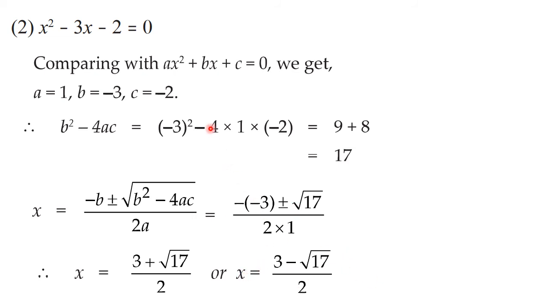So this was a very short answer. Because here 17 is prime number, so we cannot solve it further, we cannot factorize it further, we have to keep it as it is. Only we need to separate these two roots. So complete it. Then we will go towards third one.